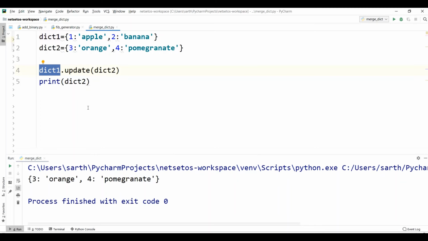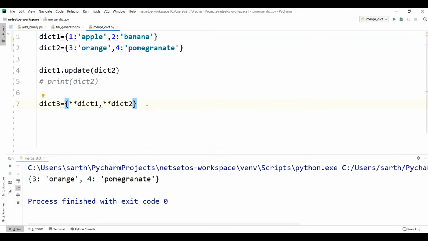Now comes the second method, double star. Double star is a single expression where it makes a third dictionary where it merges two of them. Let's see. I'll comment this and we'll put dict3 with dictionary sign and double star for dict1 and double star for dict2.